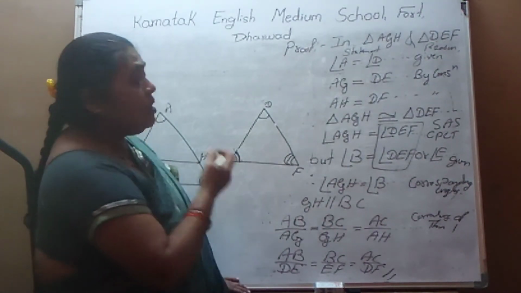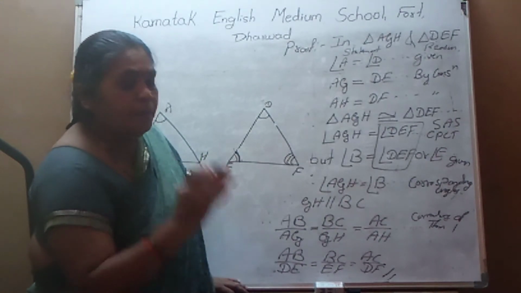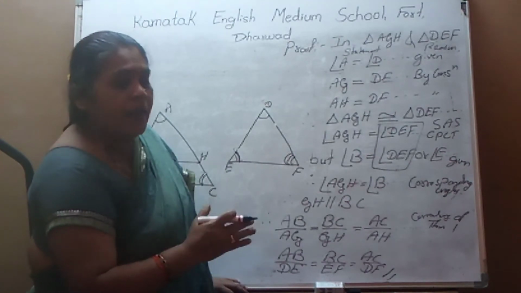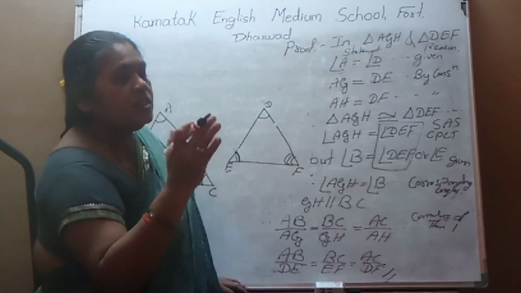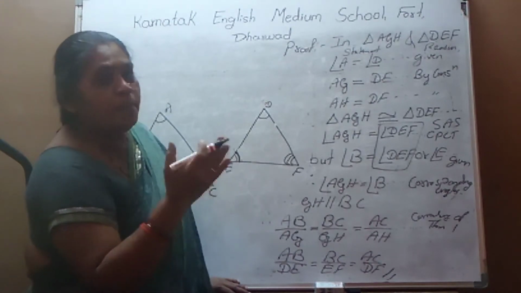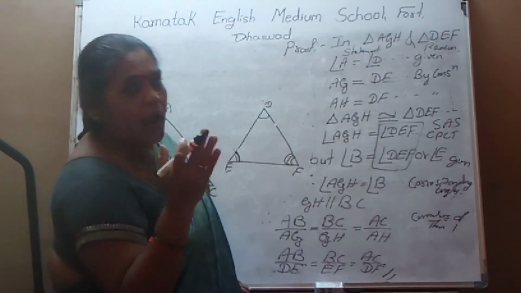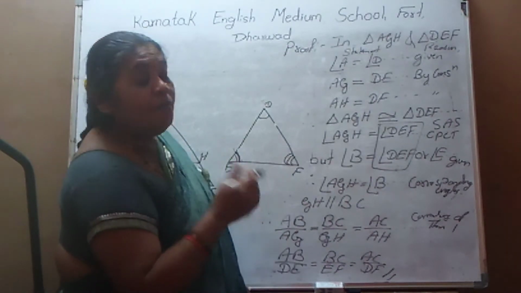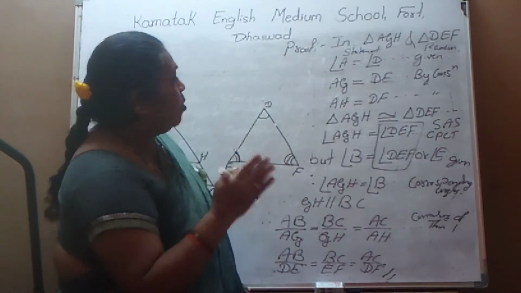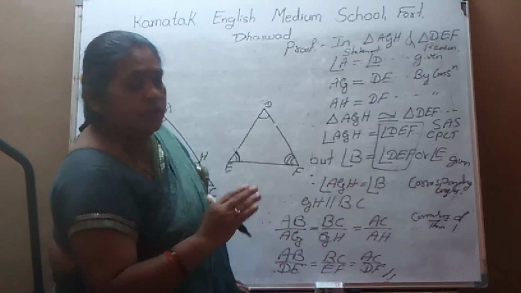Understood? This is very, very important. You must prepare this theorem five times at home, and without seeing your notebook, you have to prove it in a separate book. If you are brown students, you must do it at home. These are 5 mark questions or 3 mark questions. So prepare perfectly at home only.